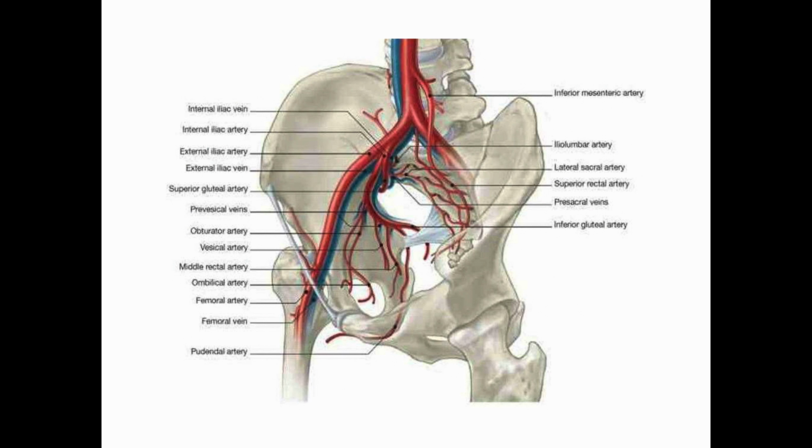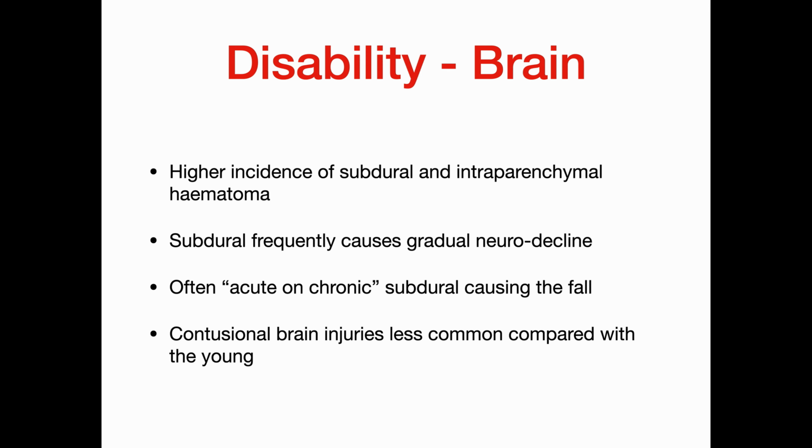So loads and loads of vessels adjacent to the pubic bones and the pelvic bones, and broken pelvises that are unstable, pelvic binders obviously, but very hard to think about that whenever you've got a patient that's only fallen from standing height. So recognizing that type of bleed is extremely hard, but do have a low threshold for CT if you suspect that. So moving on to the brain.